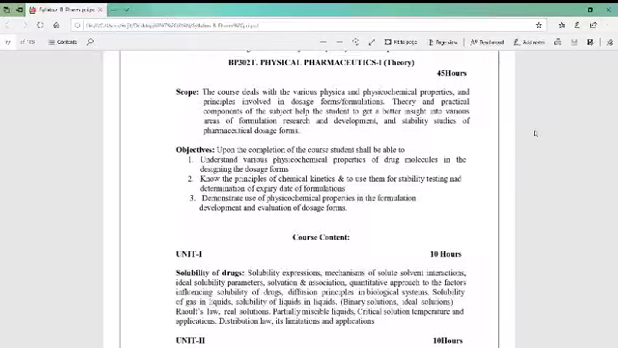Hello everyone. Today I am going to discuss a new subject from our B.Pharm syllabus. It is in the third semester of our B.Pharm syllabus, and specifically, it is Physical Pharmaceutics 1. Before going to this specific subject, Physical Pharmaceutics 1,